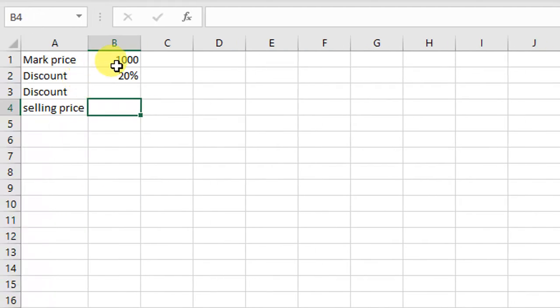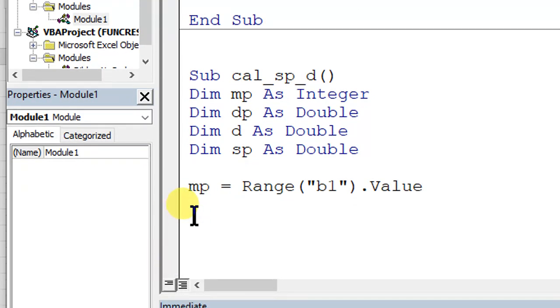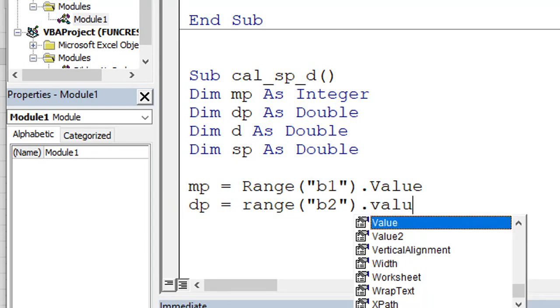I know that this is B1 and this is B2. Fine. So I say MP equals Range B1 dot Value. Same, second, DP equals Range B2 dot Value.